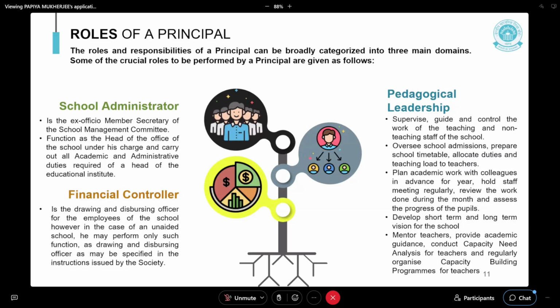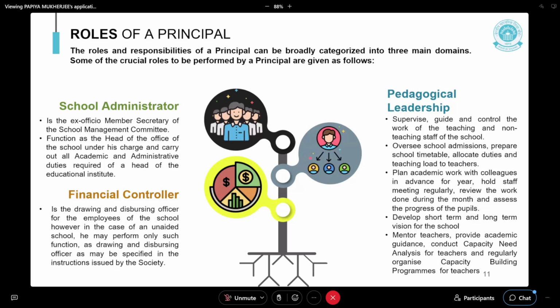As an administrator, you are ex officio the member secretary of the school management committee. You are the head of the office and perform all academic and administrative duties. As financial controller, you are the drawing and disbursing officer. As pedagogical leadership, you need to supervise, guide, and control the work of teaching and non-teaching staff of the